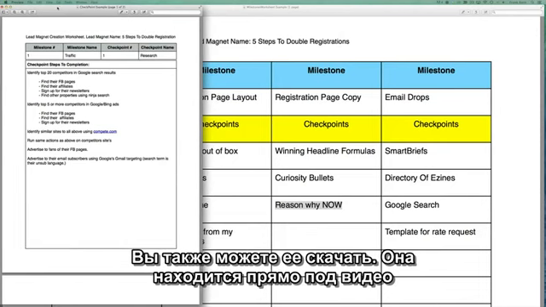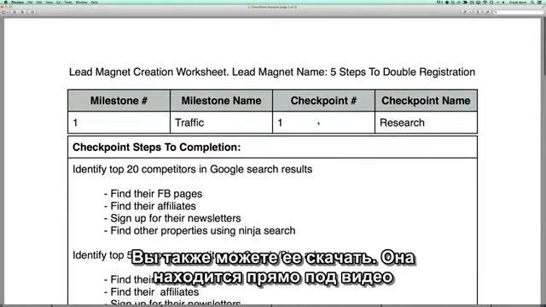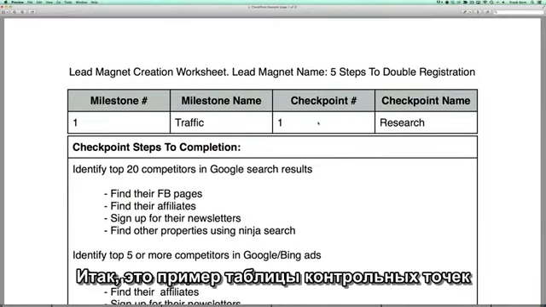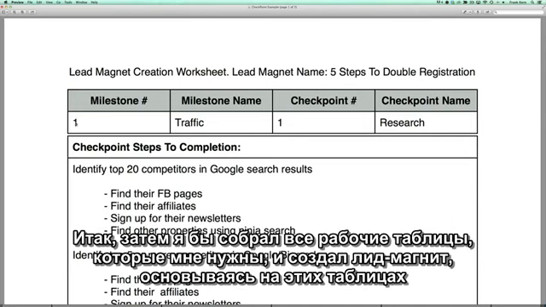So this is also available for download for you. This is right under this video. Let me make it nice and large here. So this is the checkpoint example sheet, right? So I took all that stuff I just gave you, all those worksheets I've already done, and now I'm going to go milestone by milestone and checkpoint by checkpoint. And this keeps me organized. So I'm going to compile as many of these sheets as I need